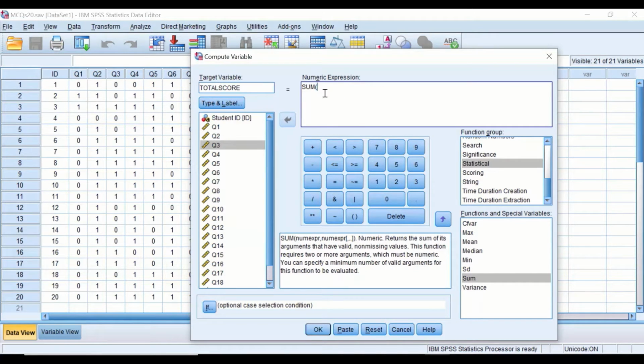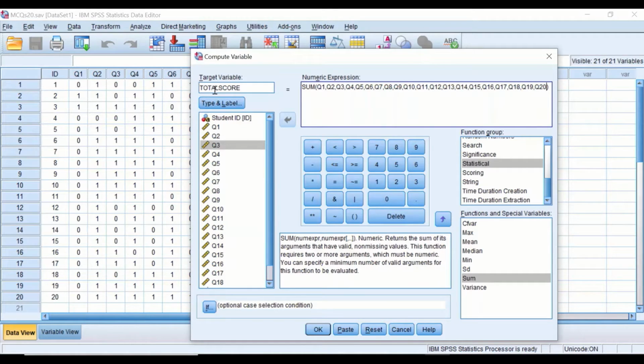So if I delete that, add the bracket again, and Control V or paste. So all the 20 variables have been placed in between the brackets, separated by a comma, and this will instruct the software to add all the values for each individual student